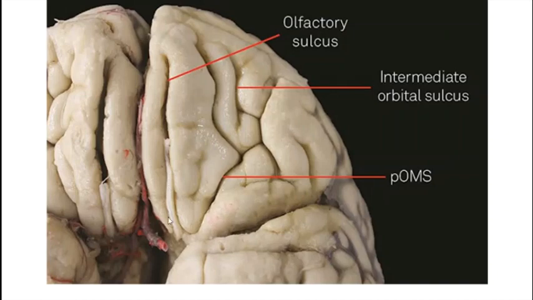So, here you are able to identify this. This is the olfactory sulcus. Olfactory means related to the sense of smell, olfaction. This is the gyrus rectus, and this is that roughly H-shaped orbital sulci. So, medial, anterior, posterior, lateral. So, this is the orbital part. You should be able to identify it.